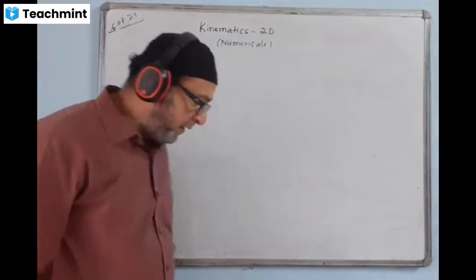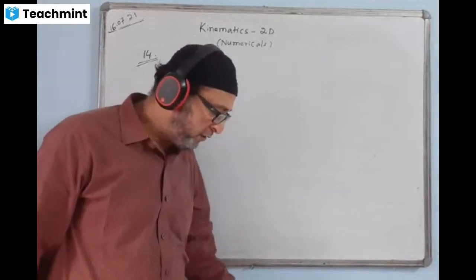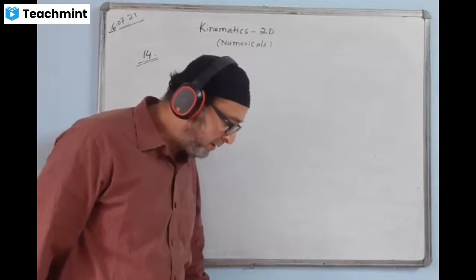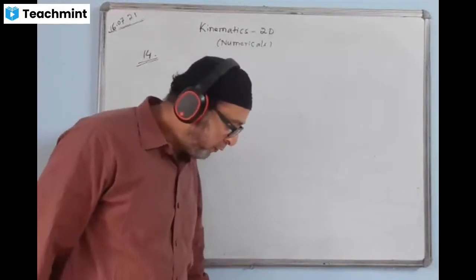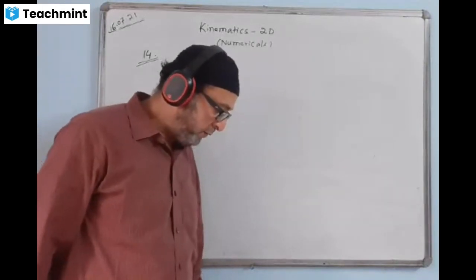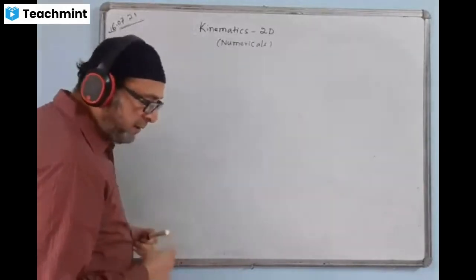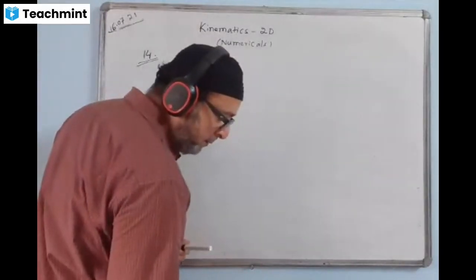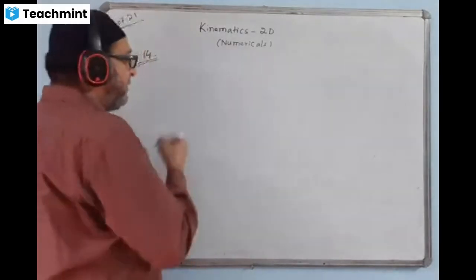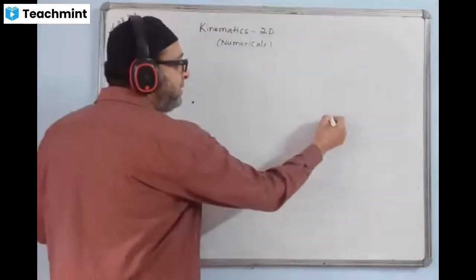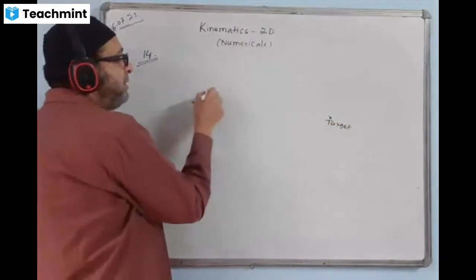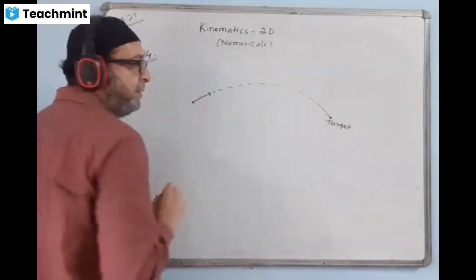The question says, find the angle of elevation of a gun which fires a shell with a muzzle velocity of 140 meters per second at a target on the same level but 1400 meters distant. How high will the shell rise? Okay, two things you have to do. There is a gun firing a shell with this velocity to hit a target on the same level. Here is a gun and here is a target. The gun is firing a shell. This is going to go like this and will be hitting the target here.